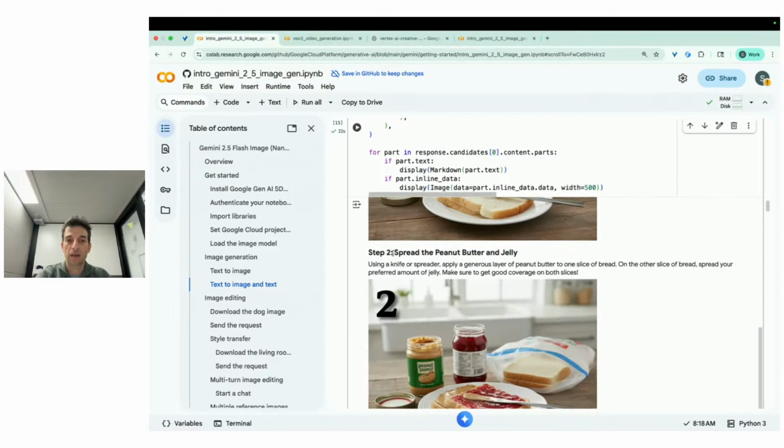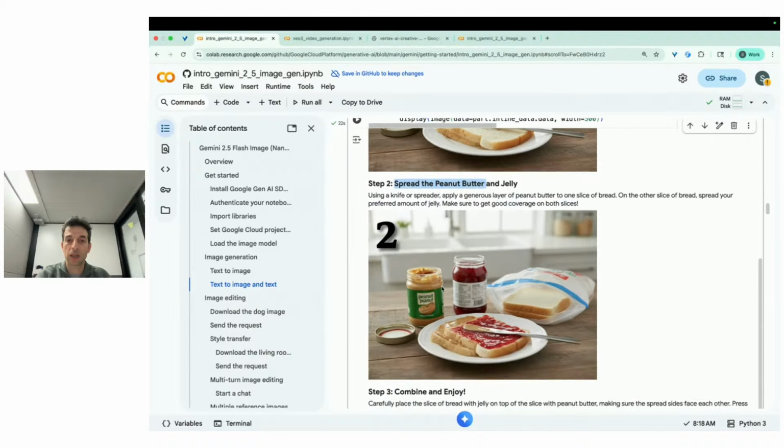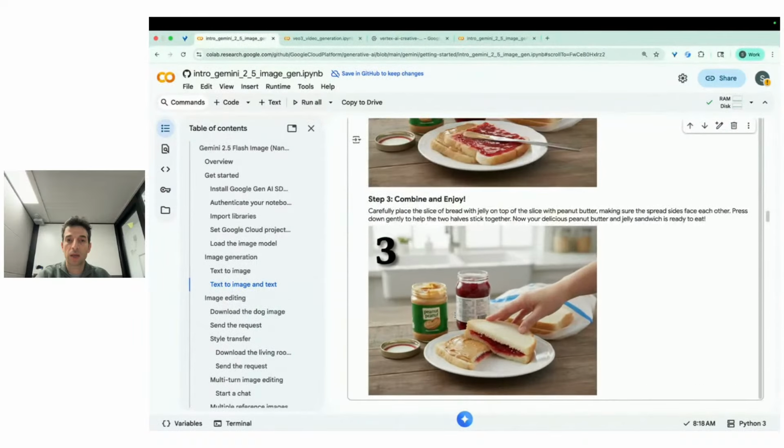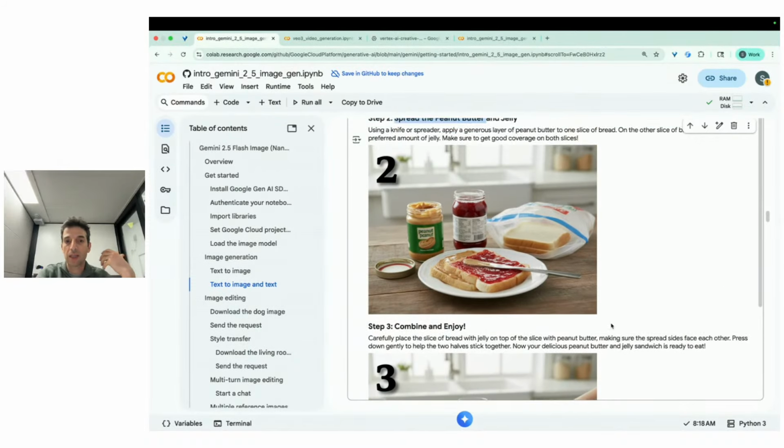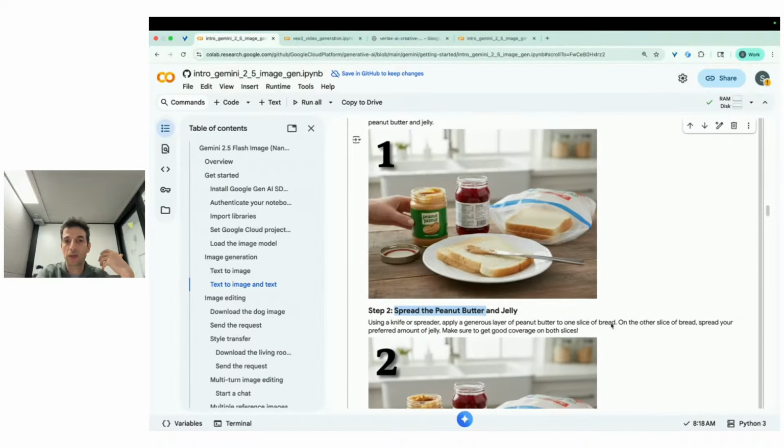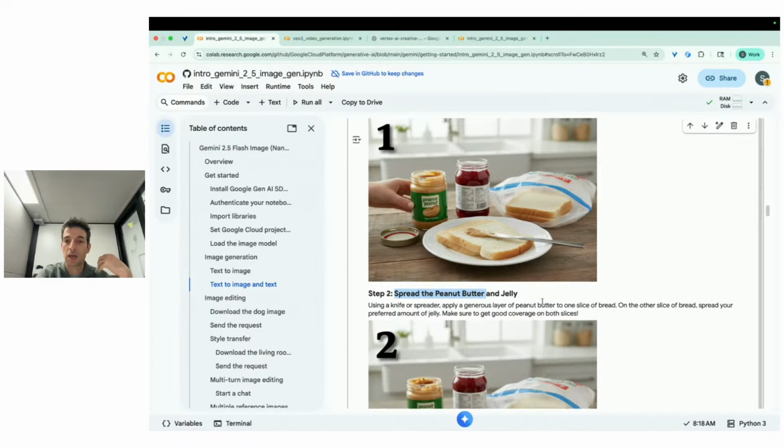2 is spread the peanut butter and jelly, and 3 is combine and enjoy, right? So pretty good tutorial, I would say. And part of the power here is you can see it maintains consistency between these different steps, right? So this is the same peanut butter and the same jelly and the same bread and the same kitchen throughout